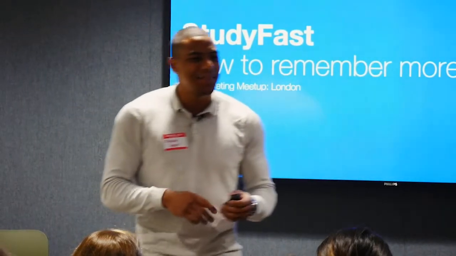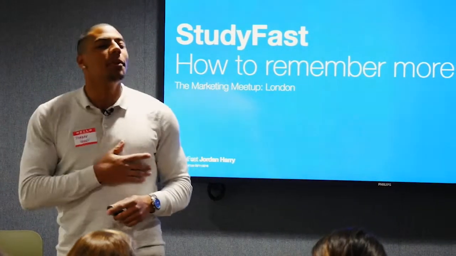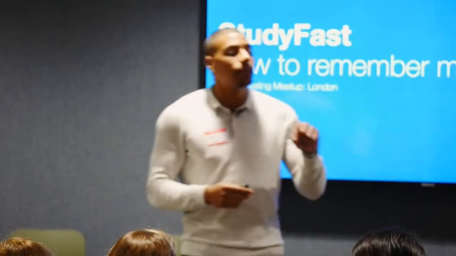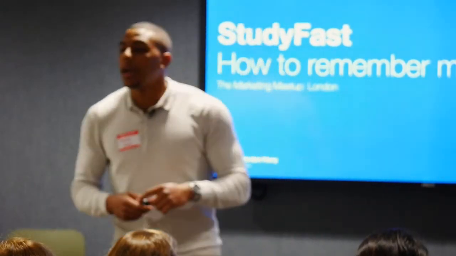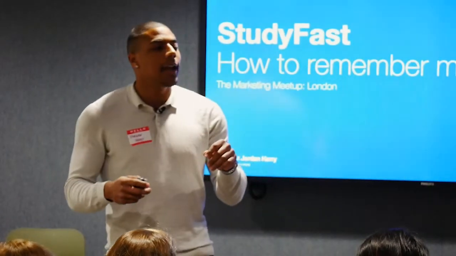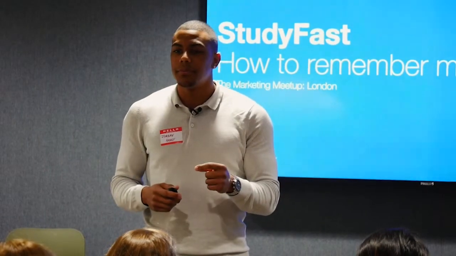Everyone's nodding their heads. Okay, now with that number, so I'm all about memory. We need to associate the alphabet to it. So if you've got number 1, associate A. If you've got 2, associate B. So on and so forth. So you should all have a letter now. Perfect. With that letter that you have, associate the first country that comes to mind. I'll give you a little bit of a moment, have a little think. Once you've got a country in mind, the second letter, now associate an animal.